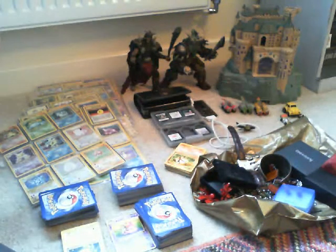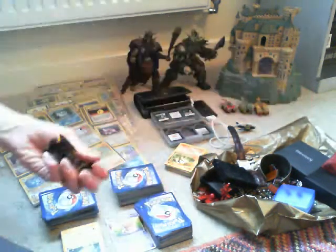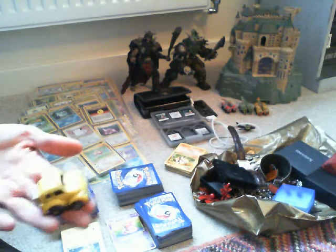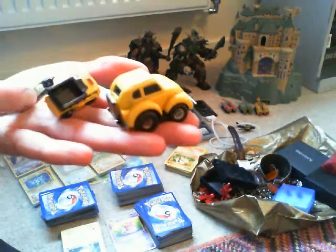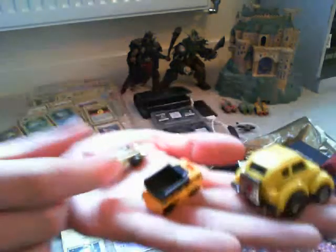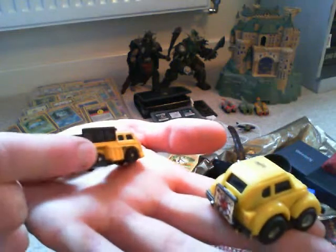So what other stuff did we pick up? I think the next thing would have probably been this little lot. This fella had a box full of toy cars. I'd watched someone else rummage through it, so I wasn't very hopeful. I did find a few of these. They're like micro machines, but they feel like they're made of metal. I've never seen them die cast before. I've seen a lot of micro machines, but they're always plastic. So I don't know. I thought he's probably going to charge me more money than you want to pay